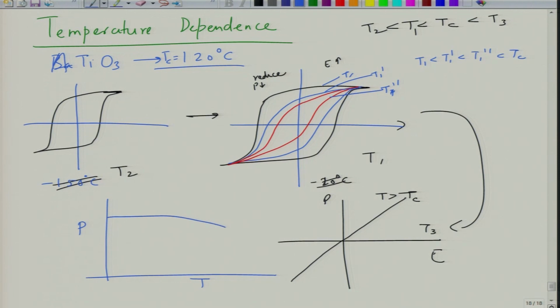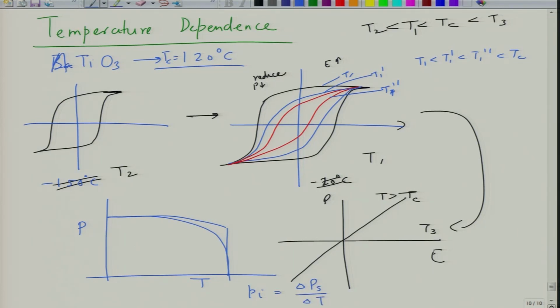It will show a decrease before it goes boom low, or it might show a behavior in which it will be a little bit gradual, something like this. Both the behaviors are possible. So, from this you can also determine, from the change of polarization as a function of temperature, what is the pyroelectric coefficient. This is delta P_S divided by delta T.